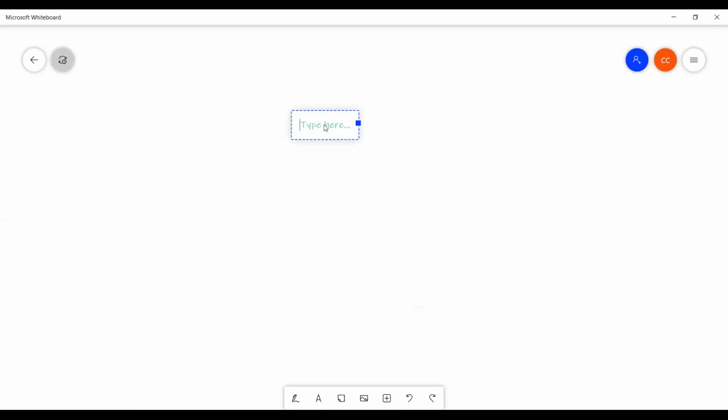So the topic name is conditional operators. That should be in the form of A question mark, B colon C. If the first one is the expression, I can represent it as employee 1 question mark, second one employee 2 colon, third one employee 3.